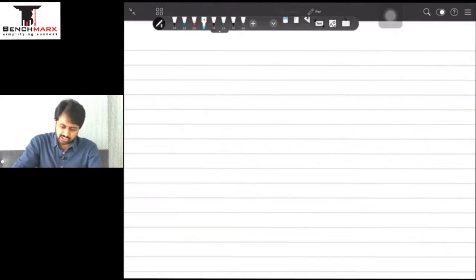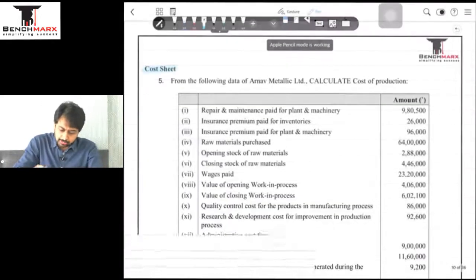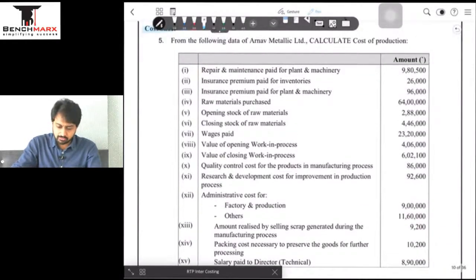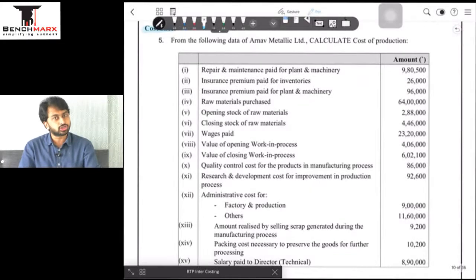बेस्ड ऑन द बेसिक्स ऑफ कॉस्ट शीट, देयर इज नथिंग conceptually new in this sum. It is simple. All the cost items are given to us, and we have to simply make a cost sheet to find the cost of production. So this, what I have discussed, should be sufficient for solving this question. चालू करेंगे. Let us start please.